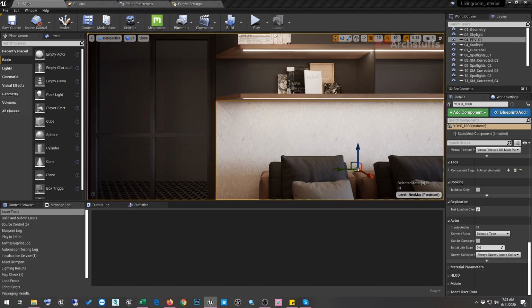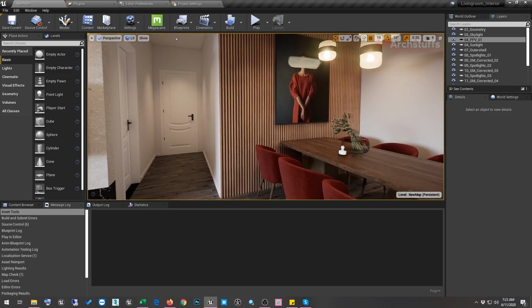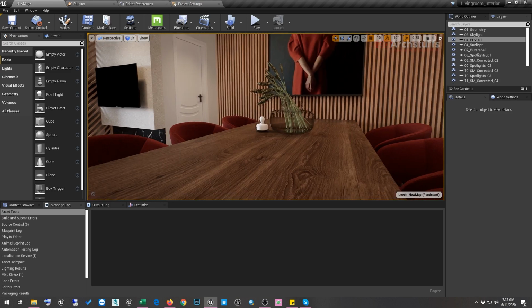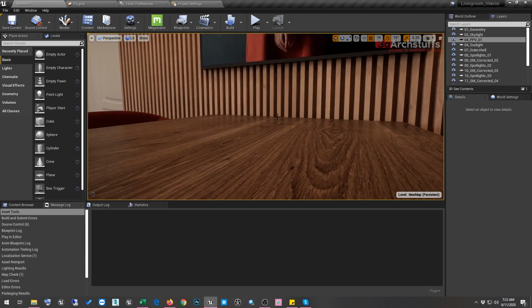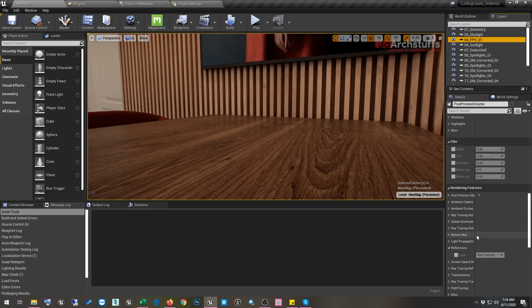So let's see how this ray trace reflection is looking and behaving as of now. If I select this post process volume, go to reflections and change to screen space, you can see the white thing present here on the left side.